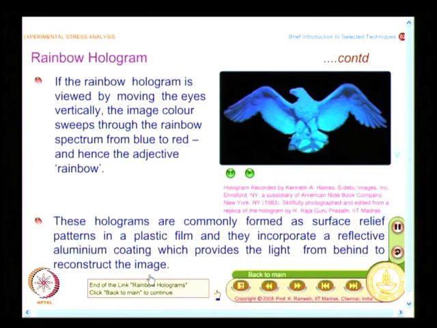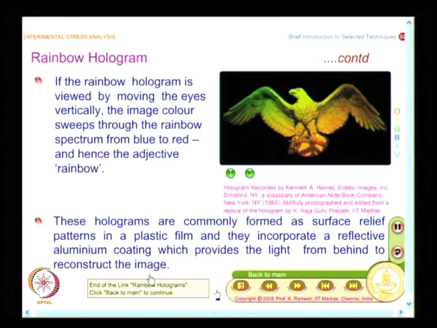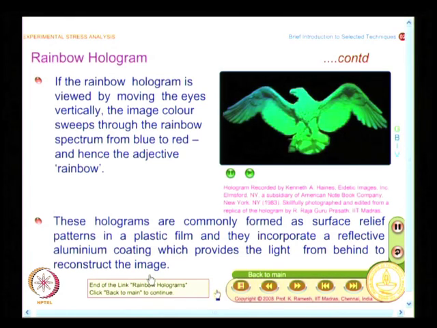So, you have a play of colors, and that is a way you have to verify whether it is a genuine hologram or not. And these days, they have multi-layered holograms. You will see on one layer one information, on another layer another information, and this use of holography is more from a security point of view, less from a stress analysis point of view. So, we will try to look at the use of stress analysis in the next class, and you will also have to remember holography was invented in 1948, as recent as 1948, and